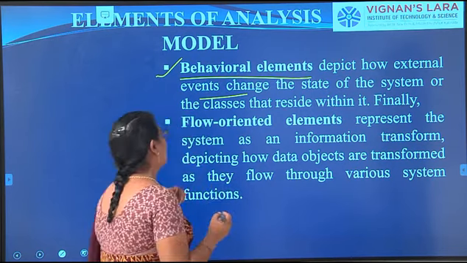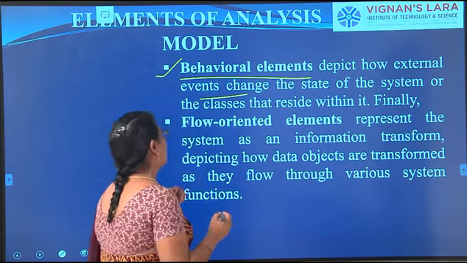Next, scenario-based modeling. We have seen the basic elements of modeling, the different elements of the analysis model, and now we will go for scenario-based modeling. What are scenario-based elements?